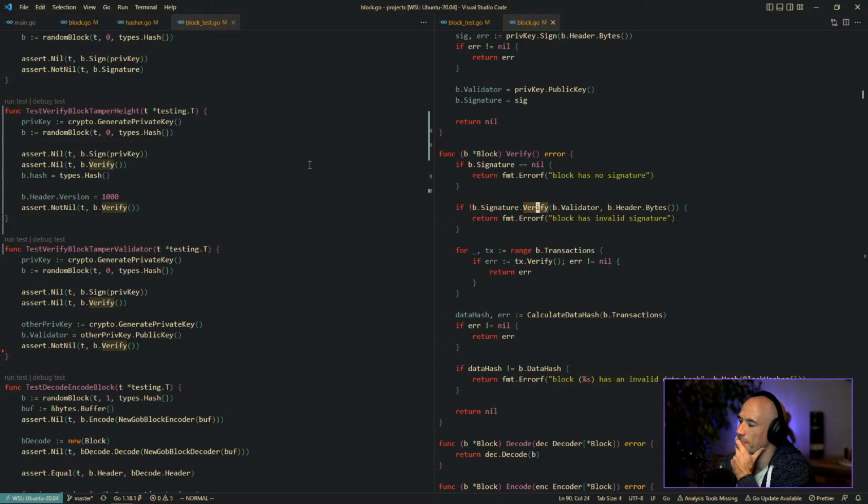Wait, can we... You see, b header bytes, right? So it's calling bytes if we verify. But if you do the bytes of a header here, if you modify it,